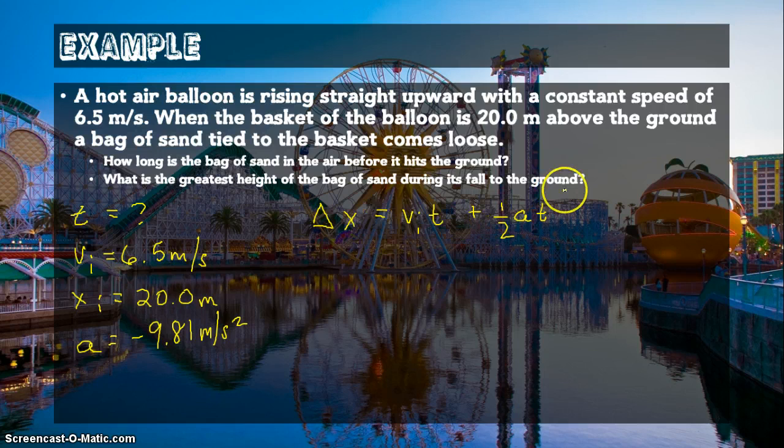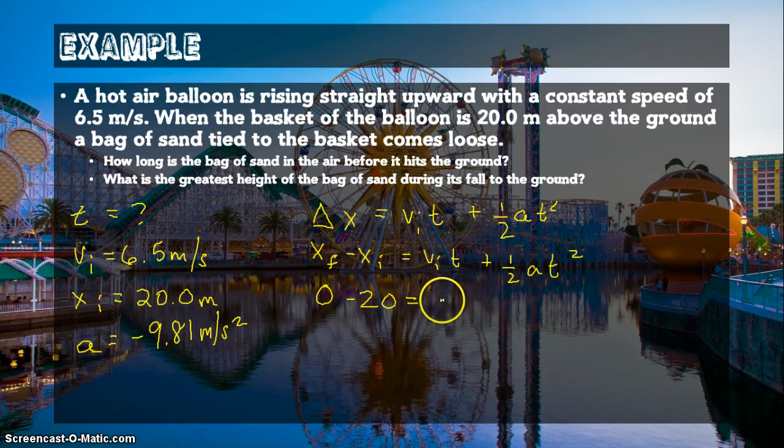So let's take this picture off for a sec. If we substitute our numbers in here, let's put x final. We know the final position. We want to know before it hits the ground. So let's say 0 minus 20 equals. Our initial velocity we know is